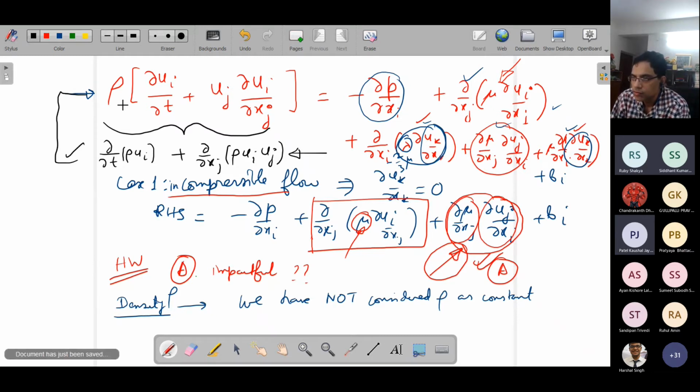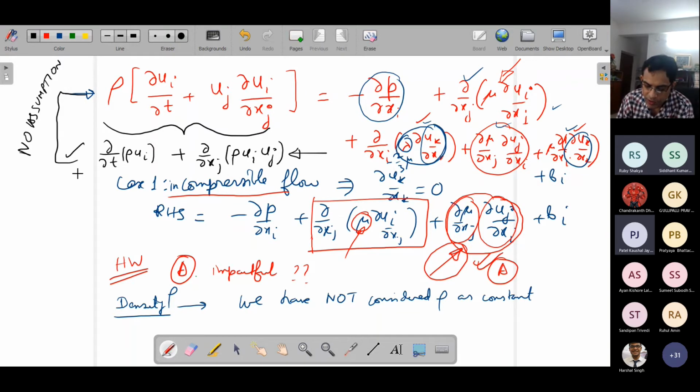Sir, by continuity equation. So that is not actually an assumption, because continuity equation has to be satisfied, right? That is conservation of mass. So let me write here, this is no assumption. By the use of continuity equation, I told in the previous class that this is called the conservative form, the black colored thing, because it directly follows from the conservation law that we applied mathematically with the use of the Reynolds transport theorem, the momentum conservation. And then we simplified that by using continuity equation.